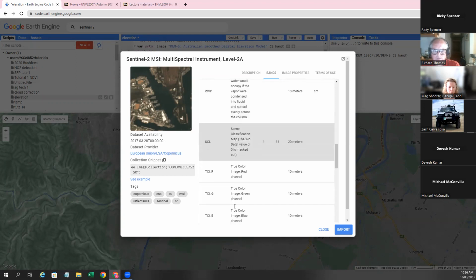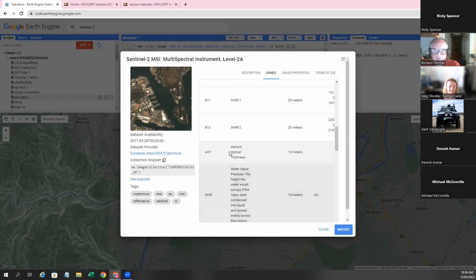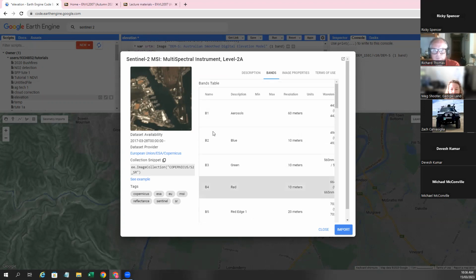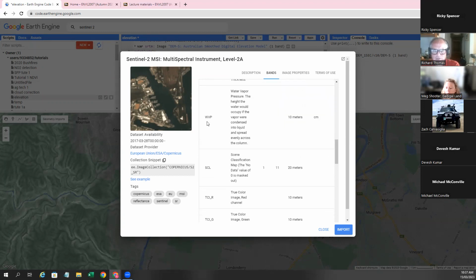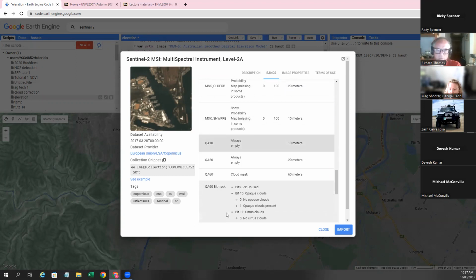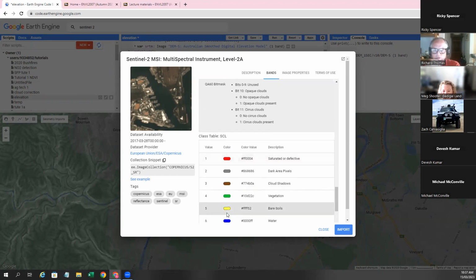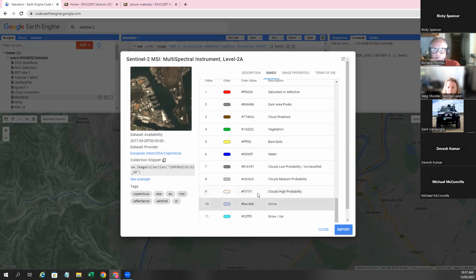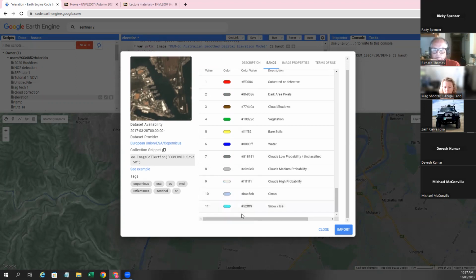Oh, I haven't even used some of these. Okay, the optical thickness, I think these are calculated fields, but there are 12 bands labeled as bands, and these are calculated images based on those bands. So those are the kinds of things you can get, and this is what it will look like. So pretty cool, and that will be up to date depending on the dates you search for. It'll collect that data for